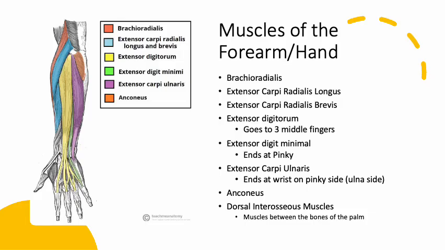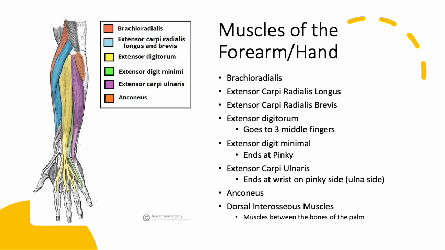So here we have muscles of the forearm and hand. So moving down past the elbow, we still have the brachioradialis, because remember, it connects the brachial part to the radial part. It extends the length of the arm. And in this picture, it's the red one. You can see how it goes over the elbow joint and goes down the radial side of the forearm on